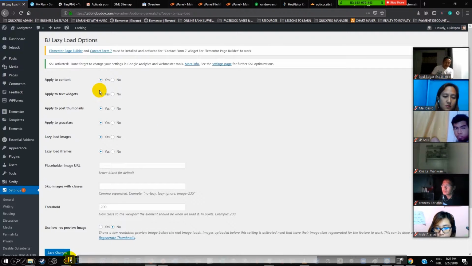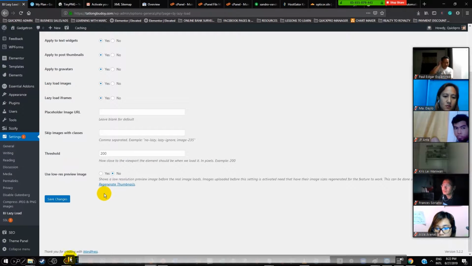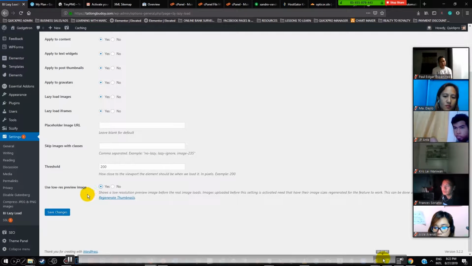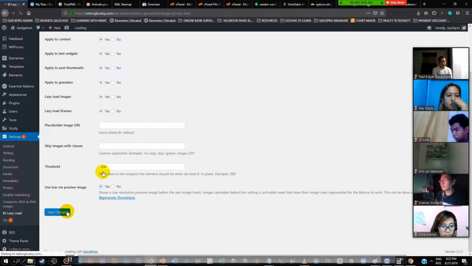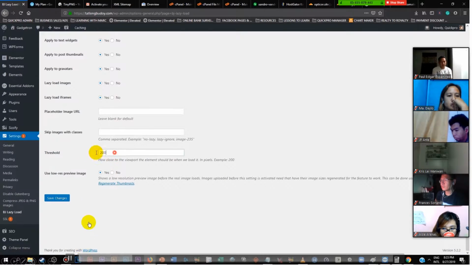And we're going to start setting things. All you need to do, guys, is make sure that this one right here says yes. It means while your website is loading for the first time, it will use low resolution images first. Have you noticed that in Facebook? The image is low res and slowly becomes high resolution. So that's what it will do. Just make sure you click on yes. And the threshold, which is 200, set it to 0. And then save changes.